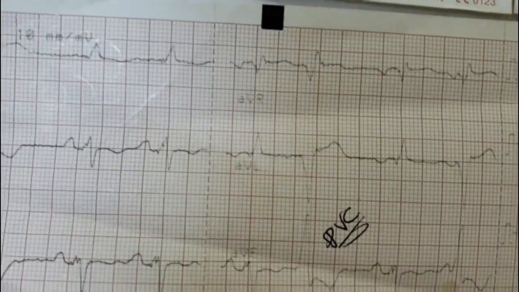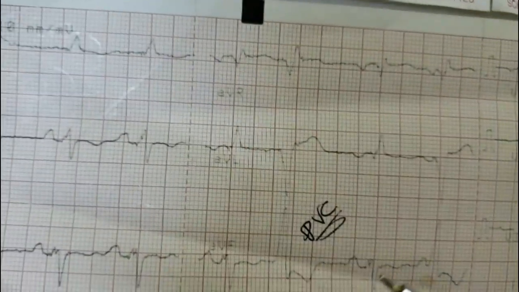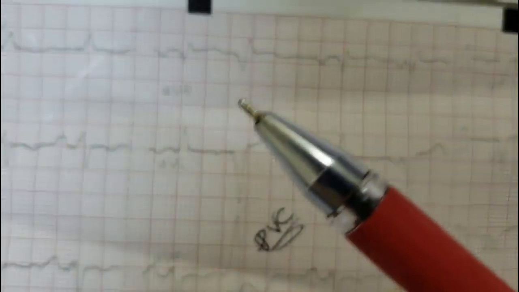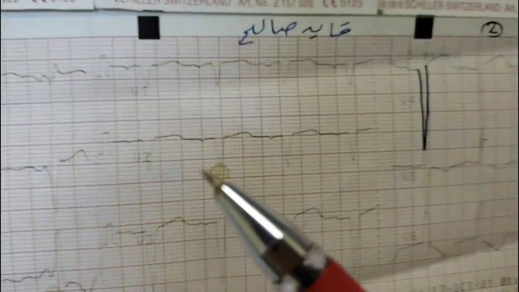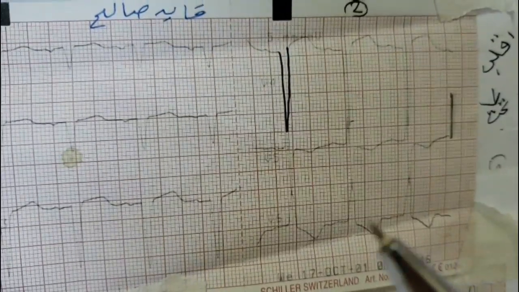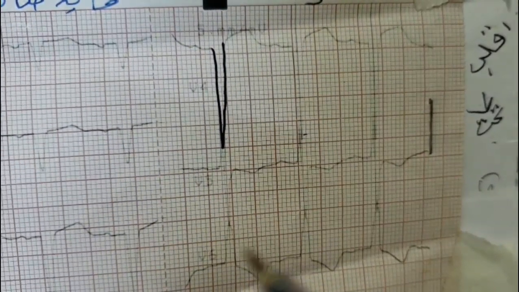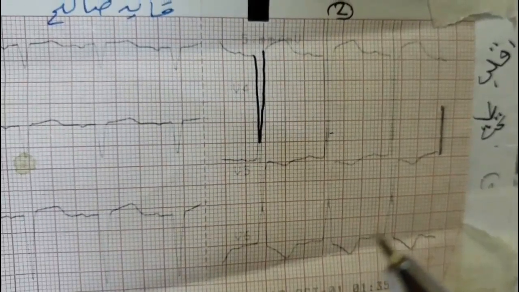also still left axis deviation and sinus rhythm. This is lead 1, and this is aVF with the premature ventricular beat here. Please concentrate. And slow progression of R wave, because of the dilated heart, and more prominent R wave in V6. If the R wave is prominent in V6 more than V5, that is the heart is dilated and deviated to